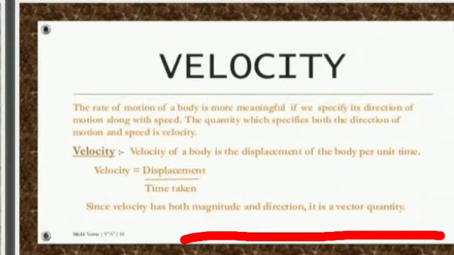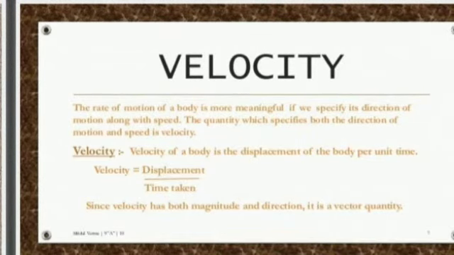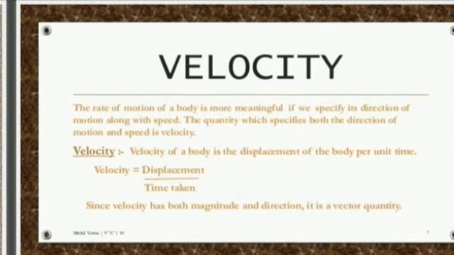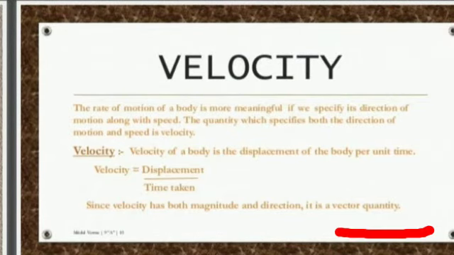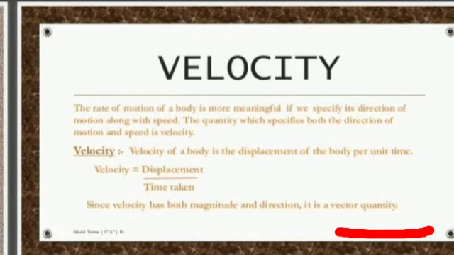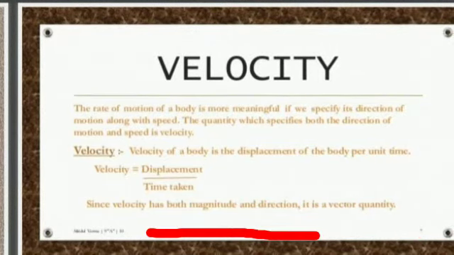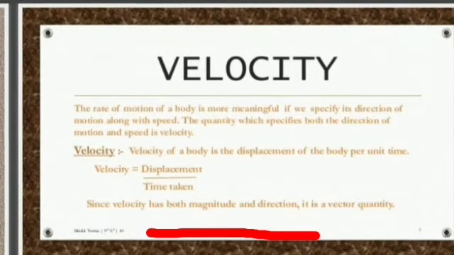See here, last time what I said here: only magnitude, scalar quantity; vector quantity. You will come to know in higher classes the importance of scalar quantity and vector quantity. Vector quantity means both magnitude, how fast you are moving, speed also, and at the same time direction also. That's why it is a vector quantity.